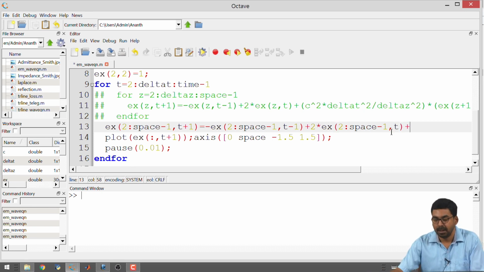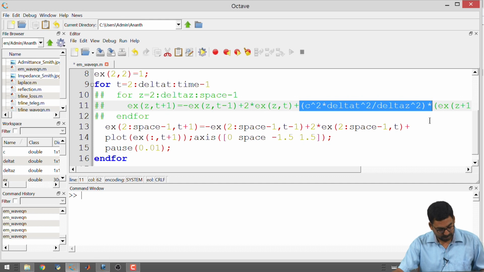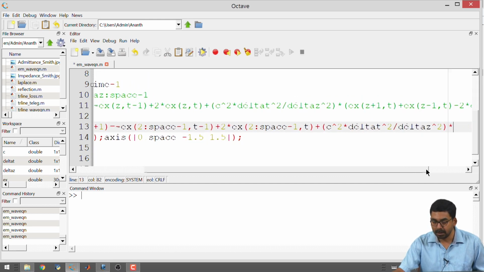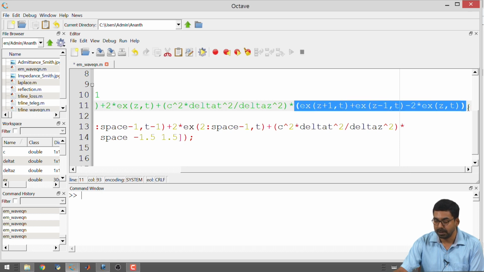plus I have c square delta t square by delta z square. So, I am just going to copy this term. Okay. And then I have some terms over here. So, I will copy these and start replacing for z.